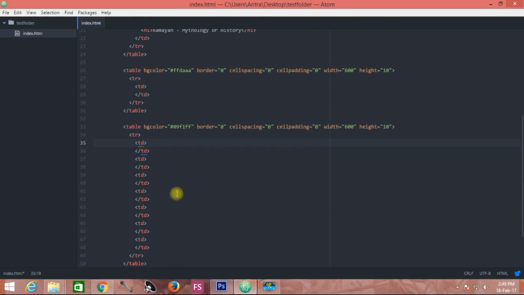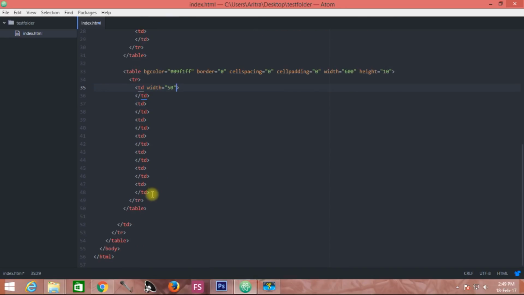Now over here all we need to do is to provide the proper gappings. As we have seen that this is the width of 600 pixels. So what I am doing over here is that the first and last column of this table should be of a width of 50 pixels.